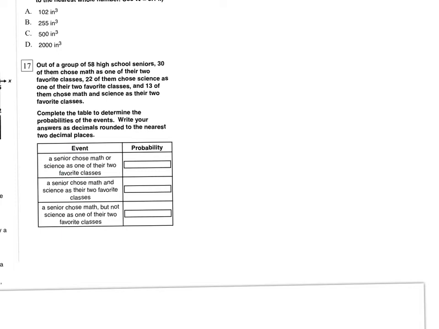All right, next up, number 17 here. It says out of a group of 58 high school seniors, 30 of them chose math as one of their 2 favorite classes. 22 of them chose science as one of them, and 13 chose both math and science. Complete the table to determine the probability of the event. Okay, so we have 58 seniors total. I think what I would do here is make a table,